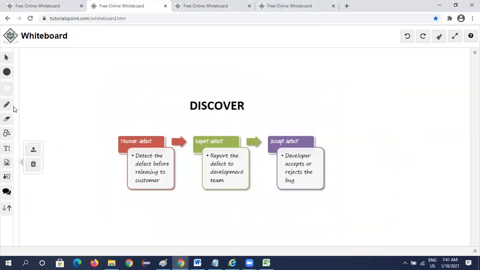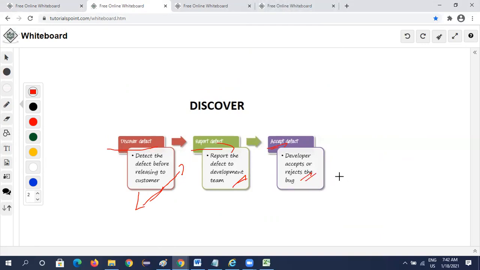First we'll go with discover. So first we discover the defect before releasing to the customer. Before we release to the customer, we find a defect and we report the defect to the development team. The development team accepts or rejects the defect.